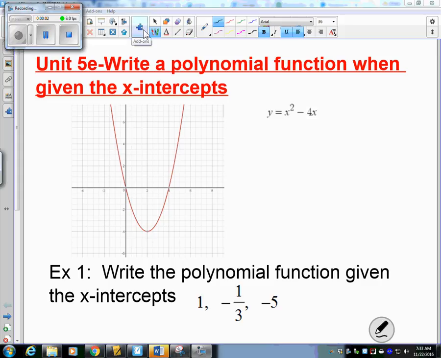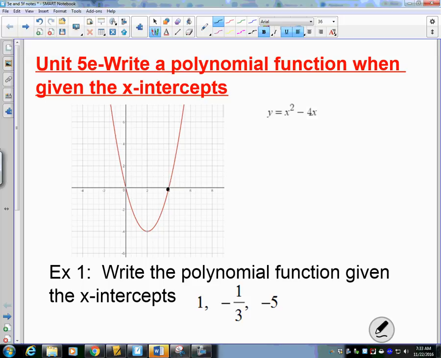Unit 5 polynomials, 5e, is write a polynomial function when we get given the x-intercepts. So, looking at the x-intercepts of this graph, they're at x equals 4 and x equals 0. So, x equals 0 and x equals 4. To come up with those x-intercepts from the actual given function, one easy way to do this